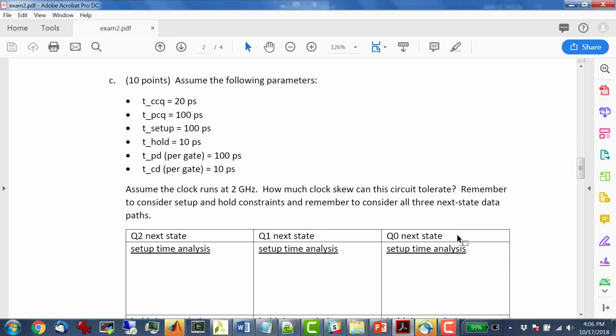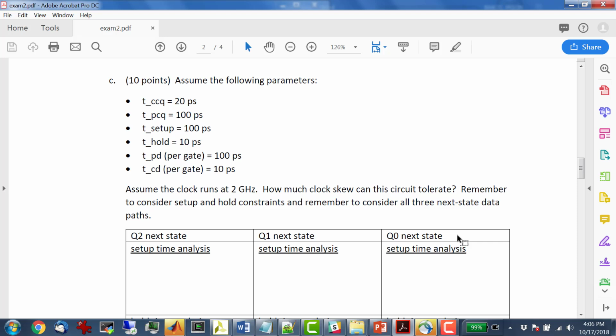Okay, then we have some parameters, and we want to do the setup and hold analysis for this circuit. The setup analysis depends on the propagation delay, right? And the hold time analysis depends on the contamination delay, right? So for the setup